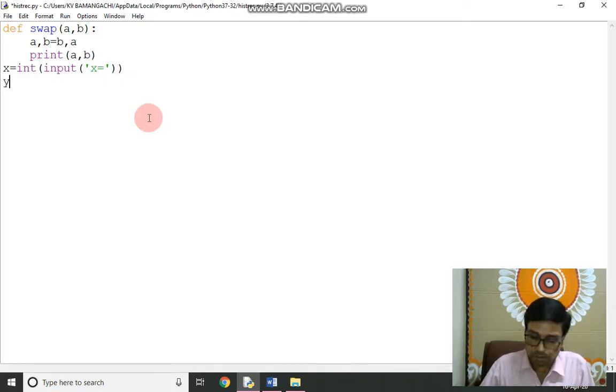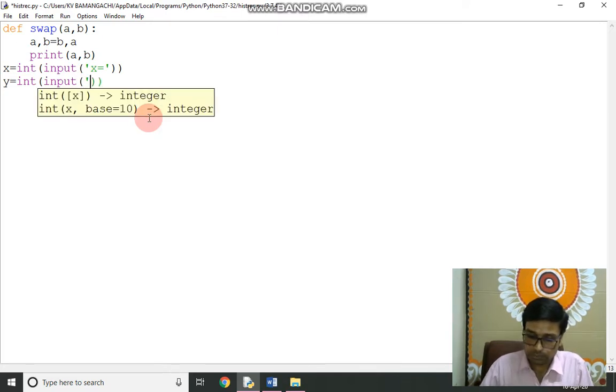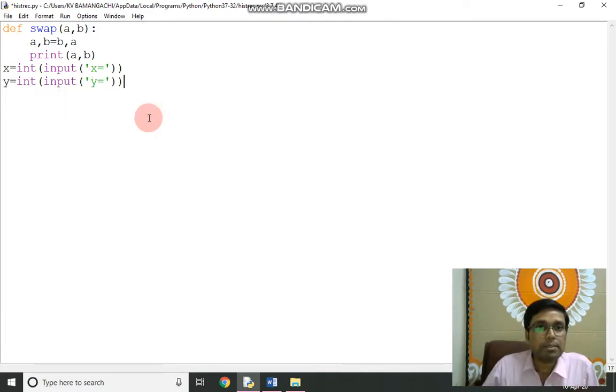In the same way, y equals int input, value of y. These are the two variables or integers x and y which will be given to the program at the runtime of the program.